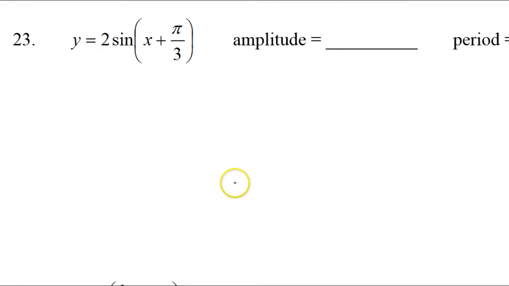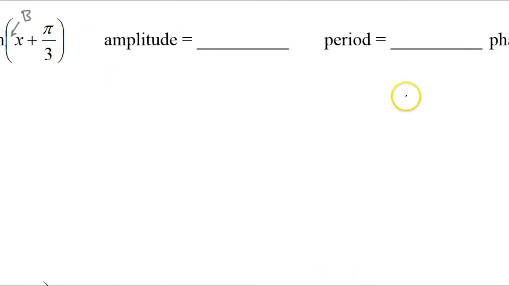In this video, we are going to practice graphing trig functions, starting with this sine function. So, I see that I have an a value of 2. That's going to help me with the amplitude. The b value would normally be right about here. That's my a value. I don't see a b value. That means it's 1. That means that the period is going to be the normal period, which is simply 2